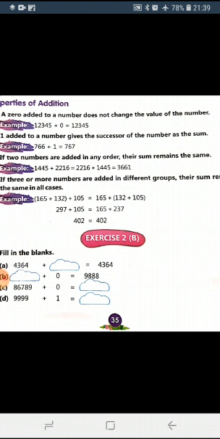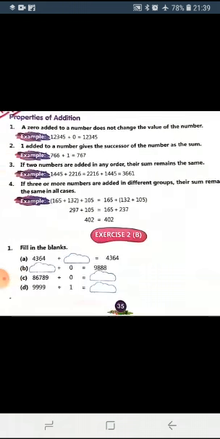Fine. So remember, when you add numbers in different groups, means आप कोई भी दो numbers को combine करके पहले plus करो और उसमें third number add करो. Okay, the answer will remain the same. Fine. So that's all for these properties of addition. Okay. Now children, just 4 parts of this exercise we'll quickly discuss orally. Okay. Then there are more parts that we will take up in the next class.